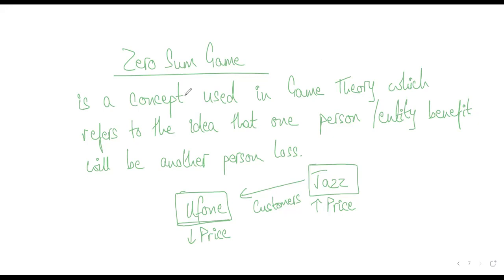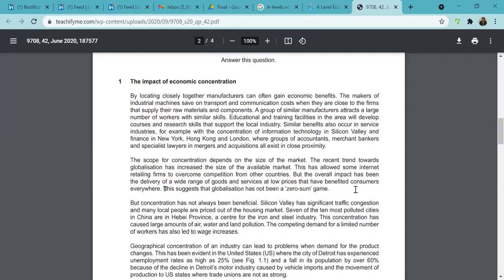Whereas this case study was saying that it is not a zero-sum game. This suggests that globalization has not been a zero-sum game. This means that in globalization, everyone has benefited. What does globalization mean? Nowadays there is better and faster communication, better and faster internet and all that. One simplest example of globalization is online teaching. Before this, there had never been a situation in the world where students could study from